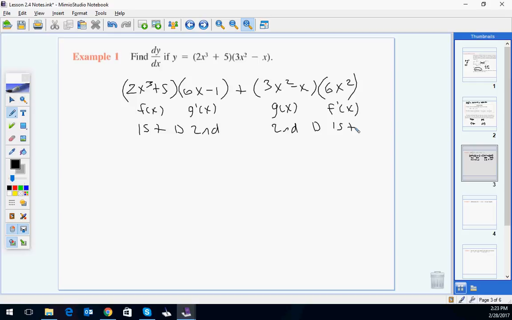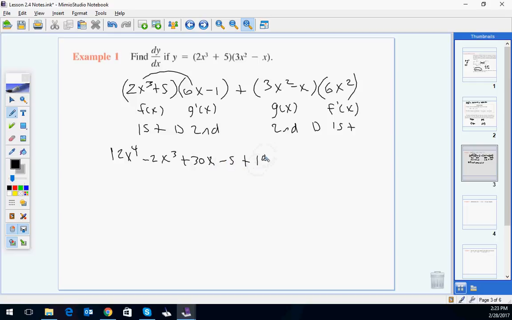So now we're not done. We have to simplify it. Okay, so now we have to FOIL this out. Okay, so we're going to get 12x^4 minus 2x^3 plus 30x minus 5